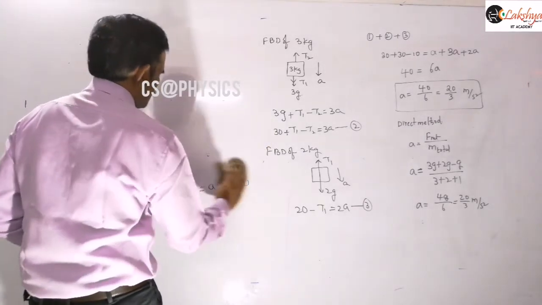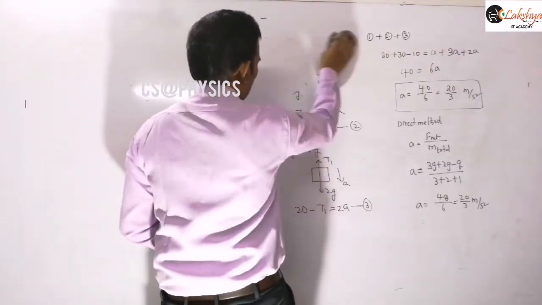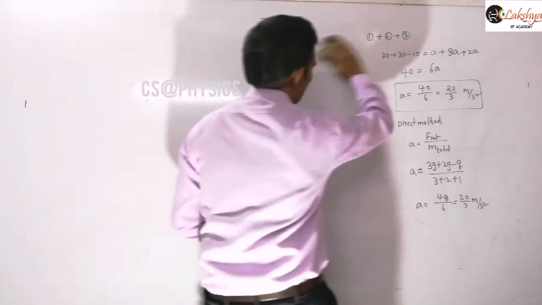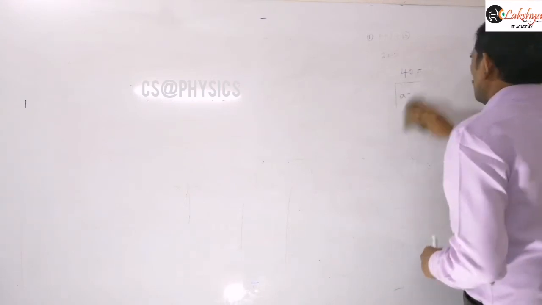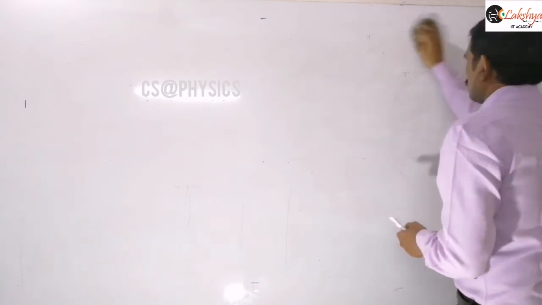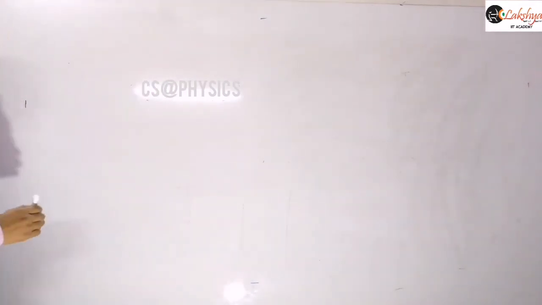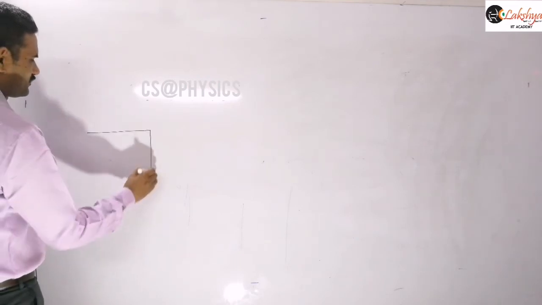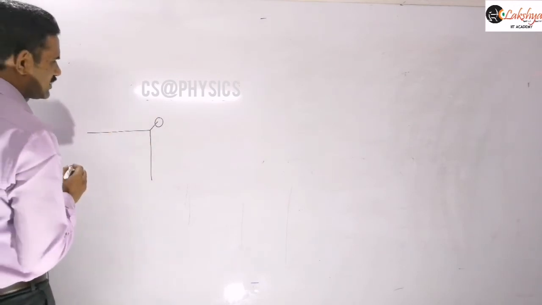And a lot of problems will be based on pulley systems in Newton's laws. Hundreds and hundreds of problems, many hundreds of problems will be based on these pulley systems. Even though we are considering just one pulley in the beginning, many numbers of pulleys will also be there in Newton's laws, and we will discuss all those later. This is just the introduction of the pulley system. Now suppose I am taking an example here. Just write the acceleration of the system directly so that you will get clarity about it.